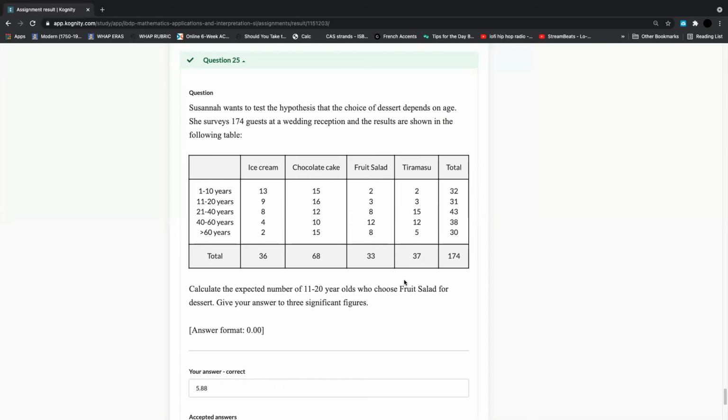174, right? And then we are looking at 11 to 20-year-olds first. So I would follow that all the way to its total. And then you see that we have 31. So I would then multiply 174 by 31 over 174, which is a total. And then the next number you're going to multiply all of that by is the individuals who chose fruit salad